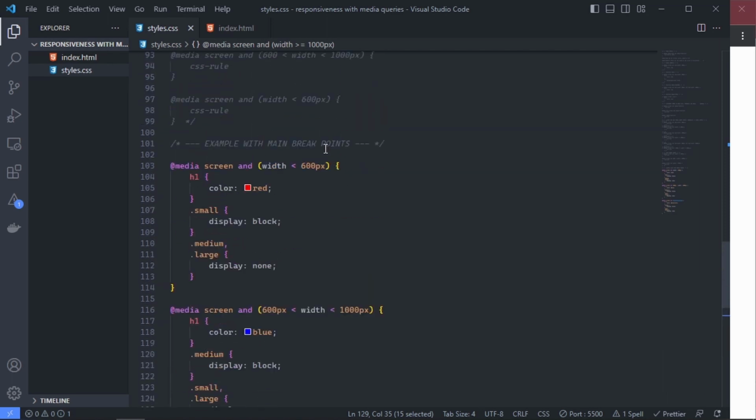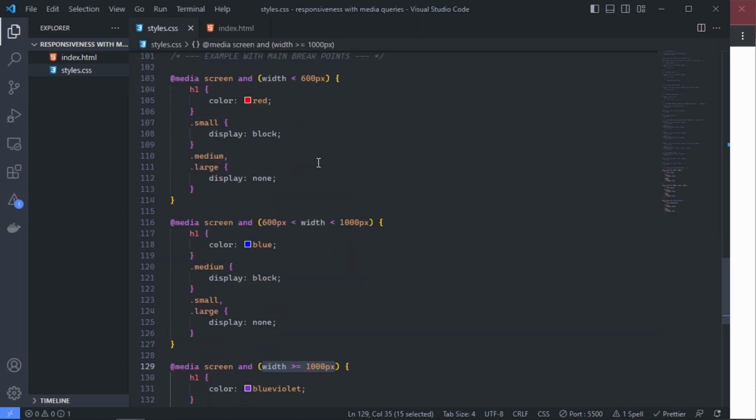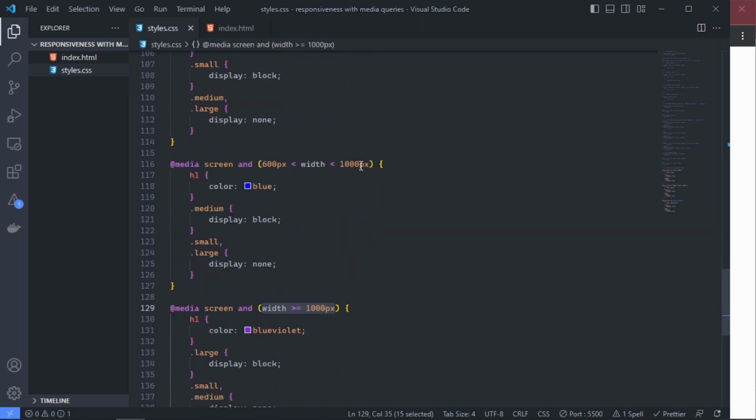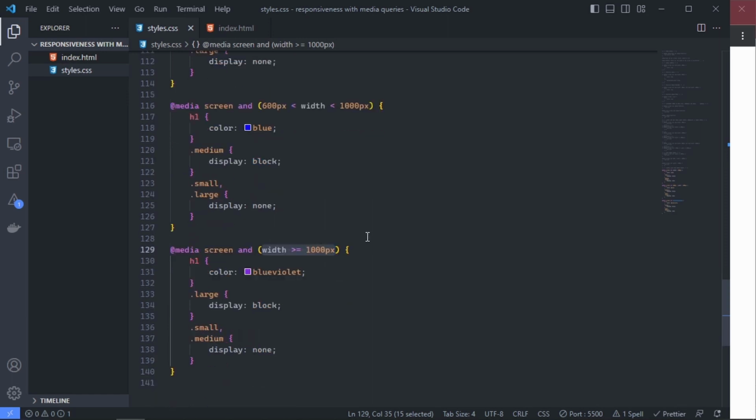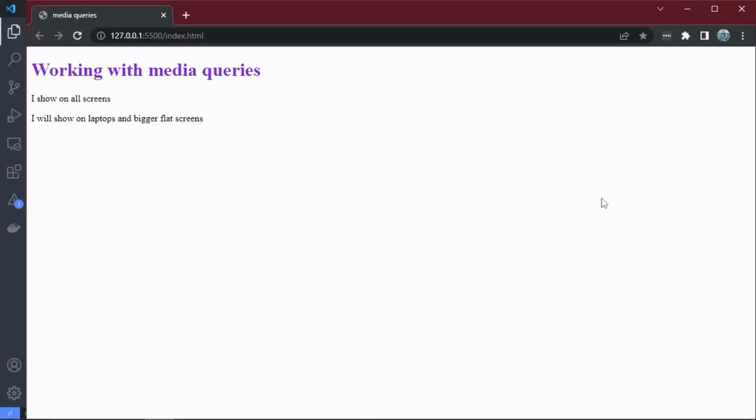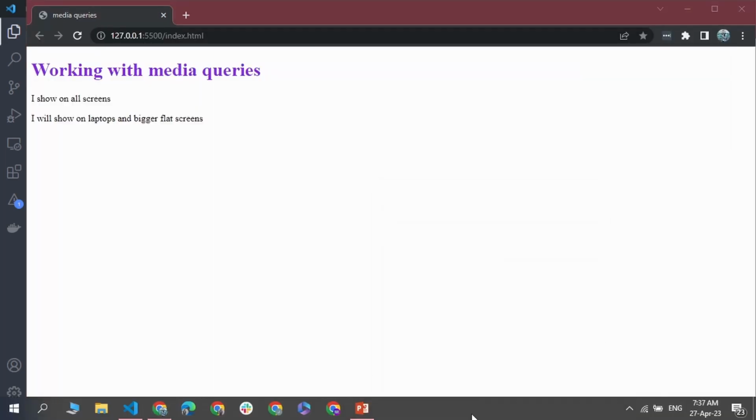So media queries are actually very flexible in that these values may not be exactly 600 pixels here. You may see some people use values between 500 and 600 pixels. Then here, it must not be 1000. You may see another value here. So the main idea to understand is that you can actually view the